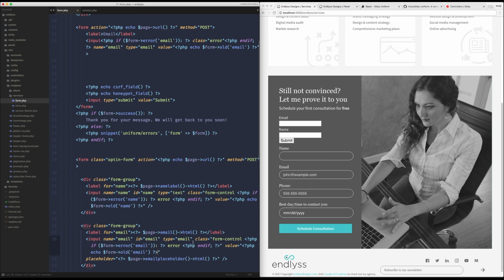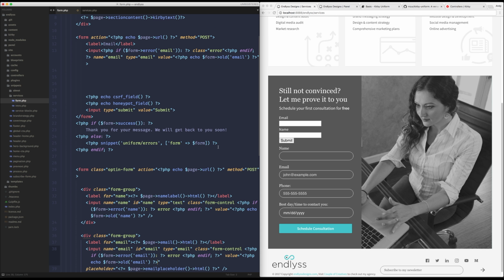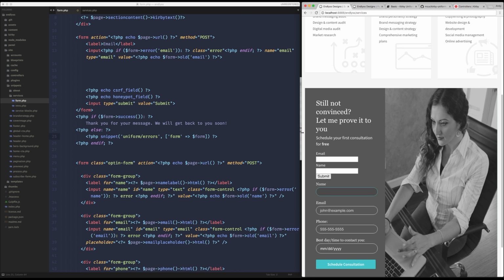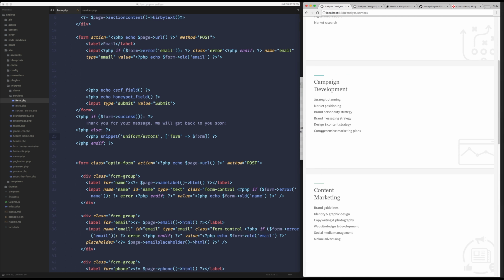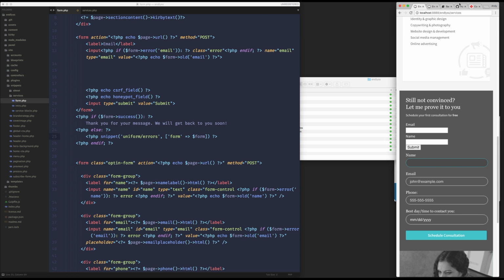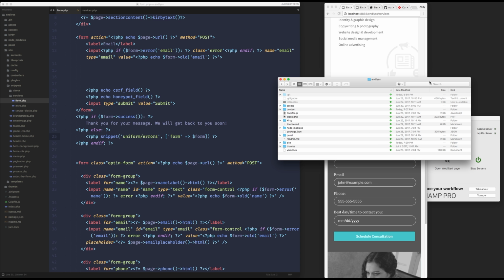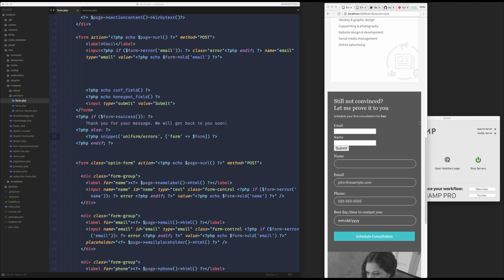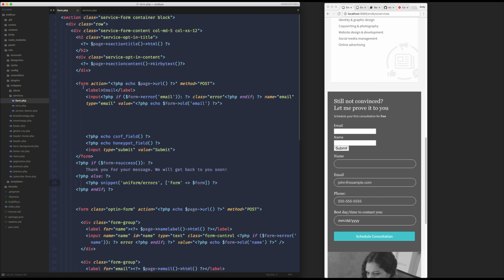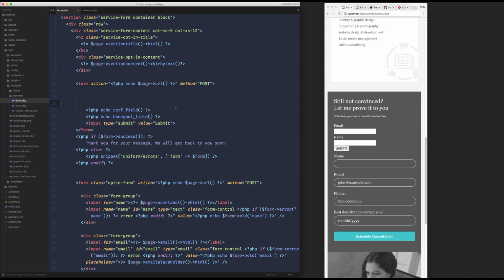Sorry if this is hard to read, by the way. In fact, for now, I might just do something like that. I need to fix that image. Maybe we'll do something like this just for now. I'll get this out of the way, and this. All right, so I'm going to remove this one. We do need these two fields